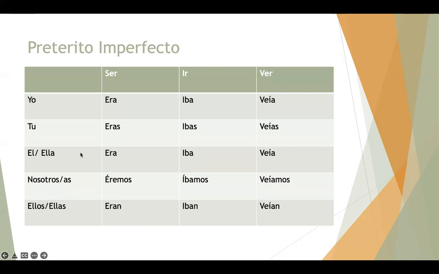So we did the simple common words of ser, ir, and ver. We used it from the perspective of yo, which is yourself, tú, which is to the other person that you're speaking to, él or ella, which is if you're speaking in the third person, nosotros, nosotras, when you're speaking in a group, or ellos y ellas, again, different kinds of groups, with one gender or more than one gender. So yeah, the pretérito imperfecto would look like this. And again, we used some of the examples, but we'll practice some more today.